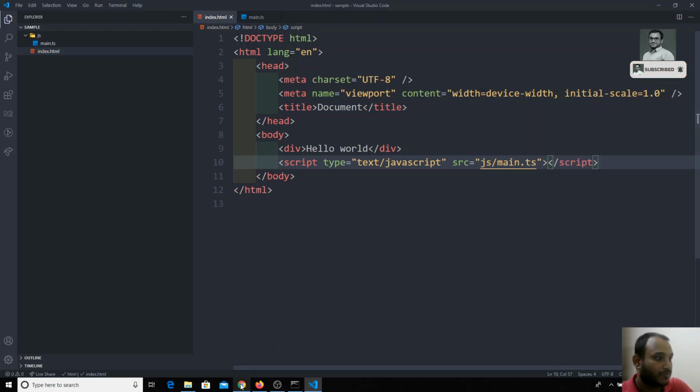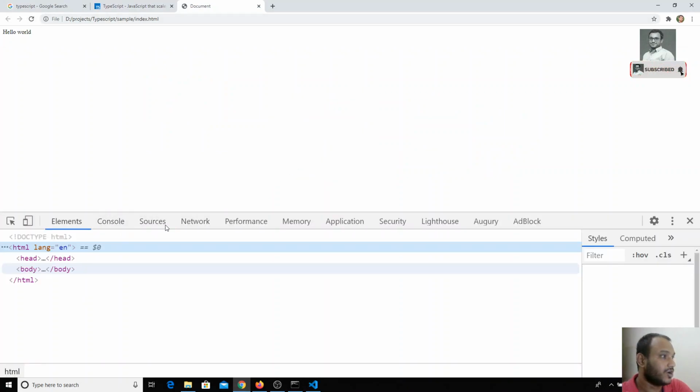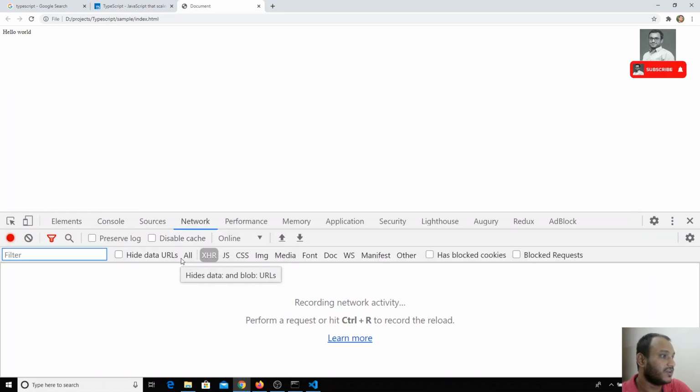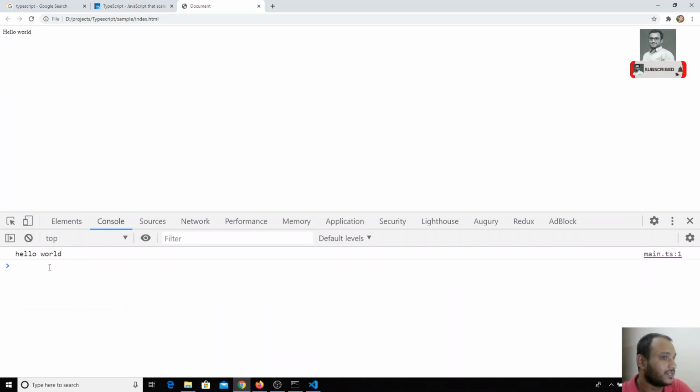Because if I execute this, the ts file will not be executed. The browser doesn't understand ts. Now Chrome is executing, because it is able to understand the file since we have written plain JavaScript code instead of TypeScript code. You need to remember that TypeScript cannot be directly understood by the browser.